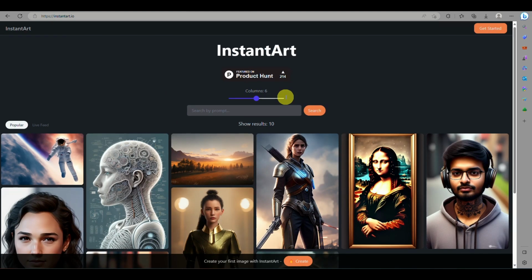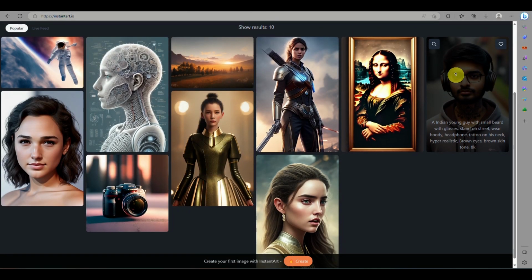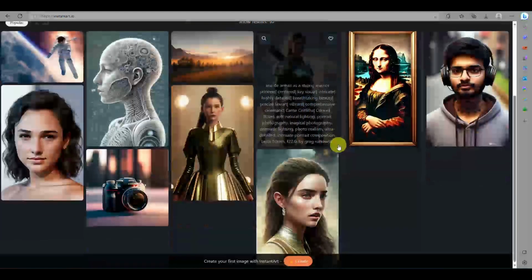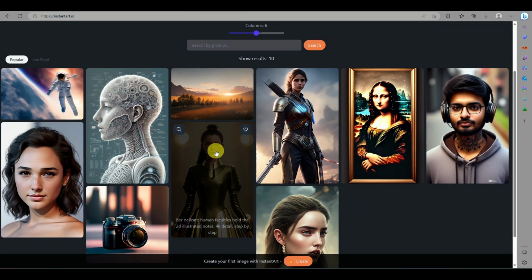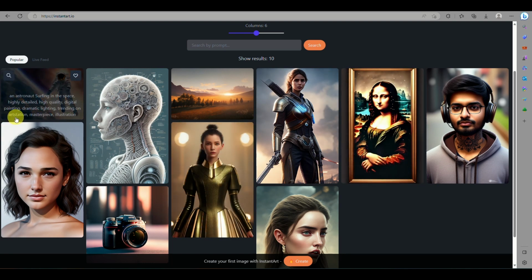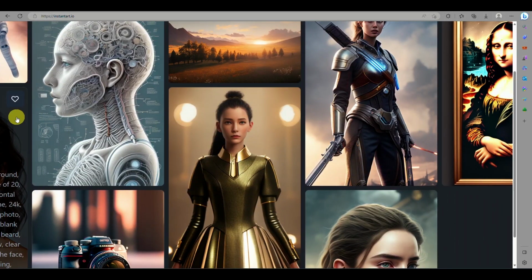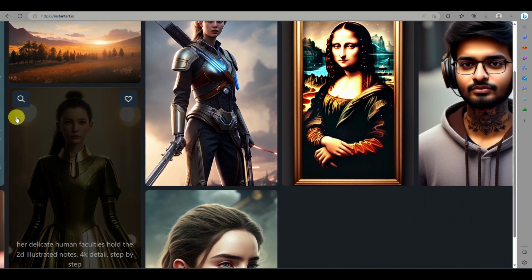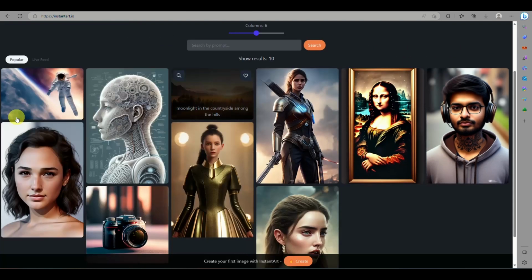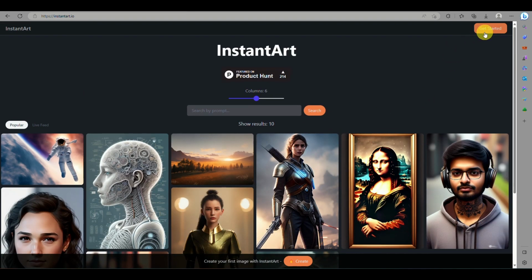This actually is an image generator using an AI model for you to be able to create images like these ones, which are created by artificial intelligence. You can see that there are examples from portraits, from landscapes or environments, from famous paintings, or just an ordinary person that you want to edit yourself into. So here is an example. These are the images being generated here on Instant Art